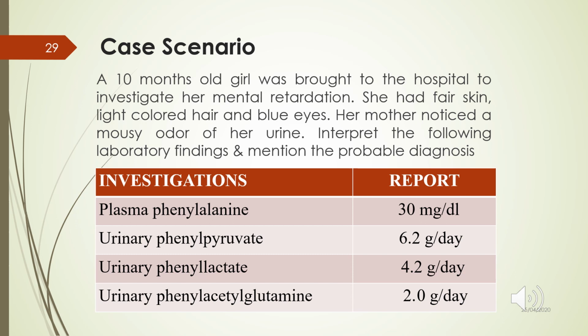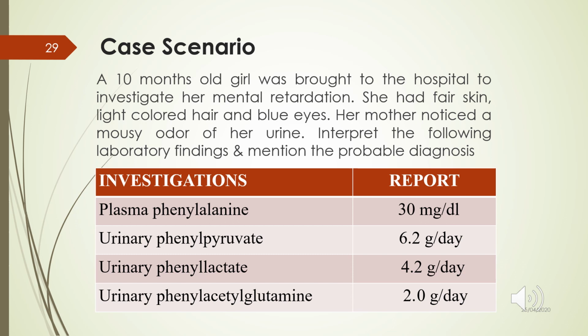Here is a case scenario of a 10 months old girl who was brought to the hospital to investigate her mental retardation. She had fair skin, light colored hair, and blue eyes. Her mother noticed a mousy odor of urine. Interpret the following laboratory findings and mention the probable diagnosis. The laboratory findings revealed a phenylalanine concentration in the plasma of 30 milligrams per deciliter, phenylpyruvate 6.2 grams per day excreted in the urine, phenyllactate 4.2 grams per day excreted in the urine, and phenylacetylglutamine 2 grams per day